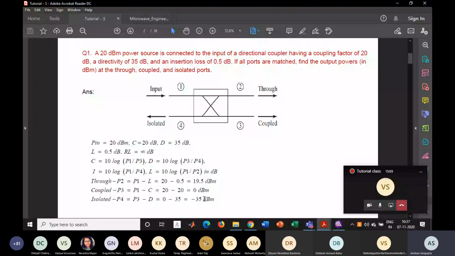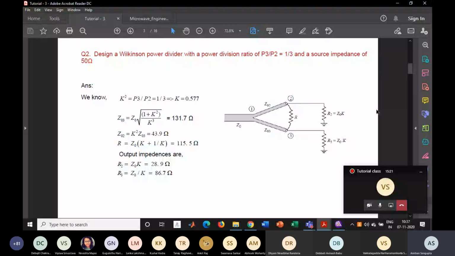Okay. So it was a very straightforward question. So I don't think you have any problem in this question. So I am moving forward to the second one. This one is also a very straightforward question. Design a Wilkinson power divider with a power division ratio of P3 by P2 as 1/3 and source impedance of 50 ohm. It is an unequal power divider